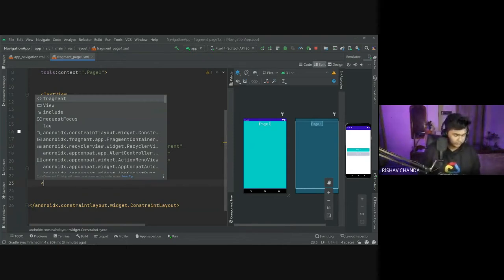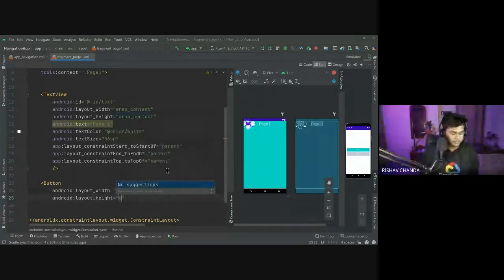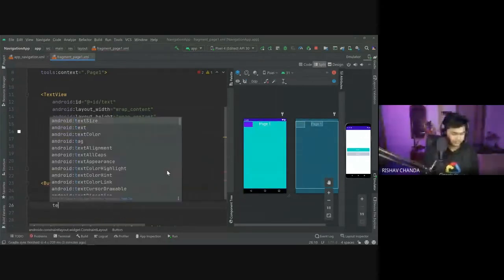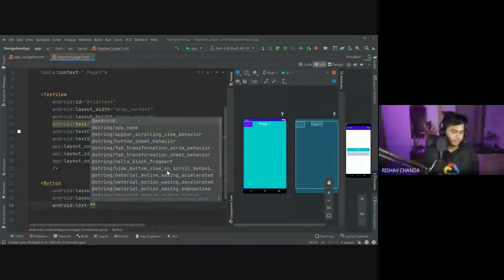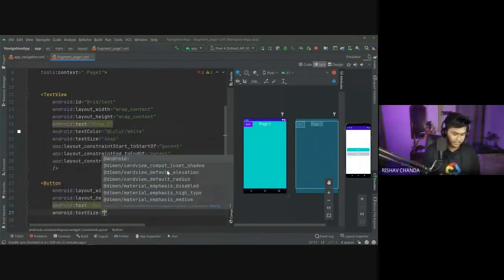So first I would implement a button. I would give button, then in the layout width I would give it wrap content, height I would give 62 dp, and next thing is text. So the text I would give it back simply. The text size I would give it 18 sp,